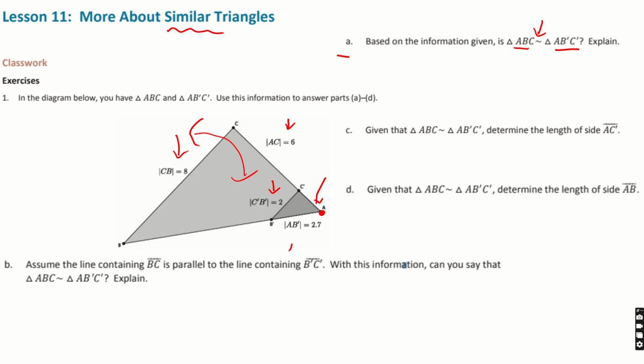And we're given this side length right here, but we're not really given anything else. We know that angle A is going to be the same because it's the same for both the big triangle ABC and the smaller triangle AB prime C prime. So we have one angle. We don't have a second angle yet, and we're not given any other information about specifics, so there's no way to prove it. So at this point, my answer is no. Based on just that information, I don't have enough, right? So no, not enough info,